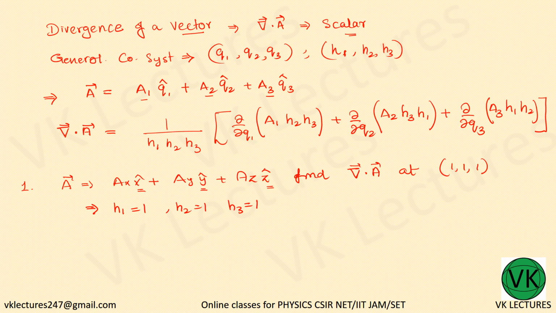So this term is 1. Now dou by dou q1 means dou by dou x of A1, which is ax, so ax